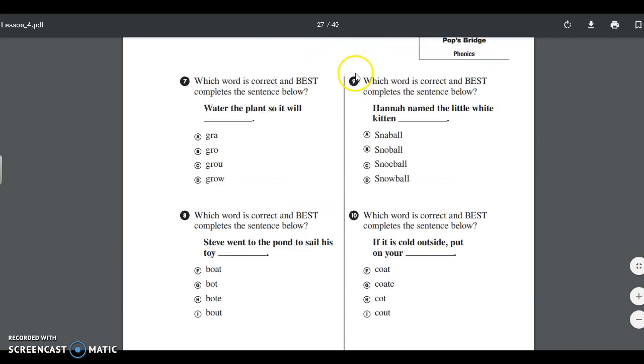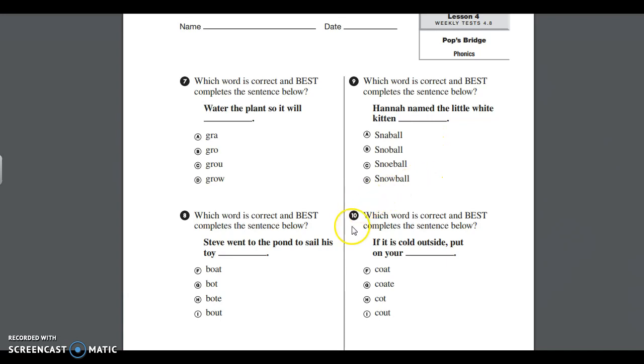Number 9. Which word is correct and best completes the sentence below? Hannah named the little white kitten... Number 10. Which word is correct and best completes the sentence below? If it is cold outside, put on your...